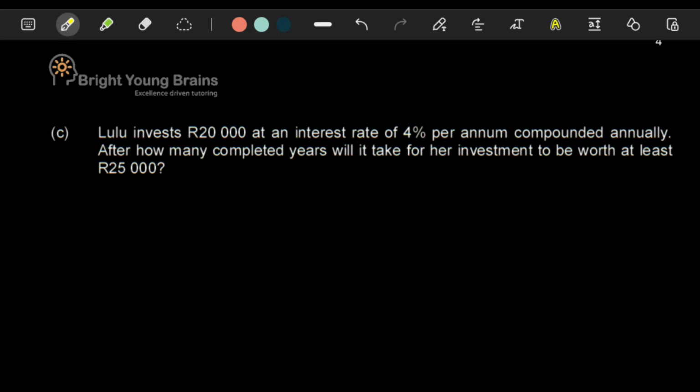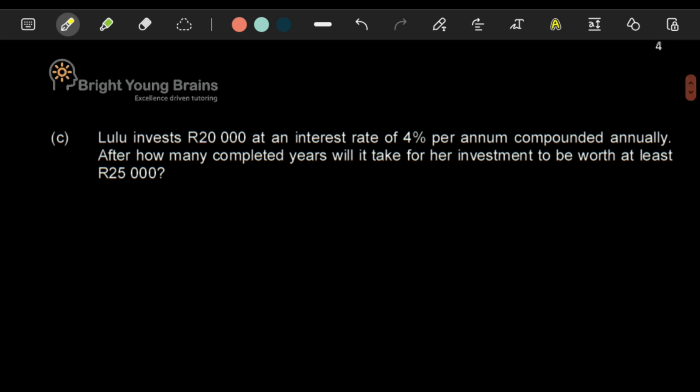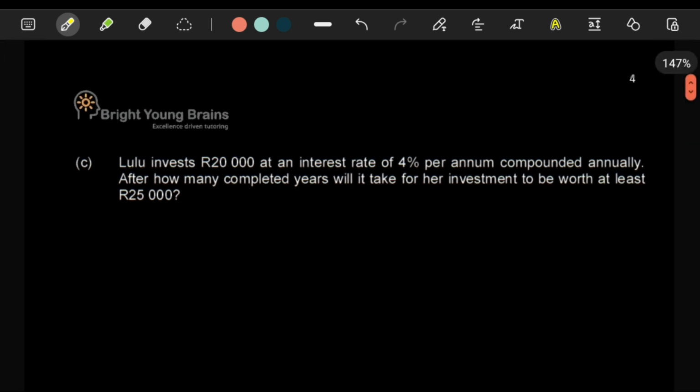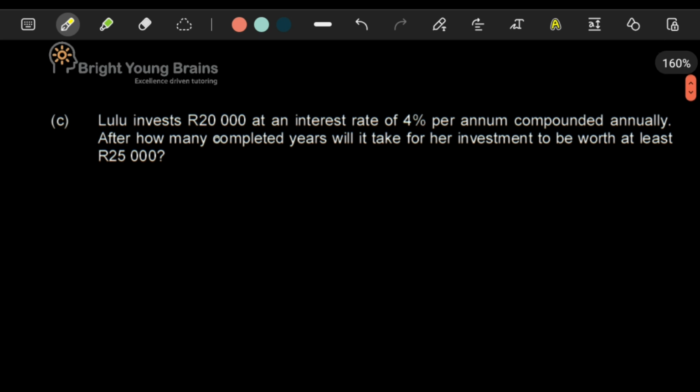So this is a new section. It's financial math. Lulu invests 20,000 rand at an interest rate of 4% per annum compounded annually. After how many complete